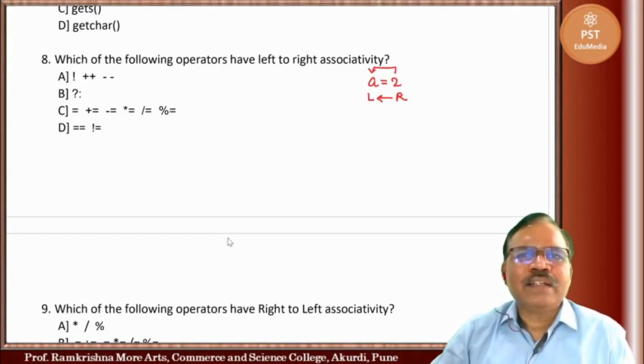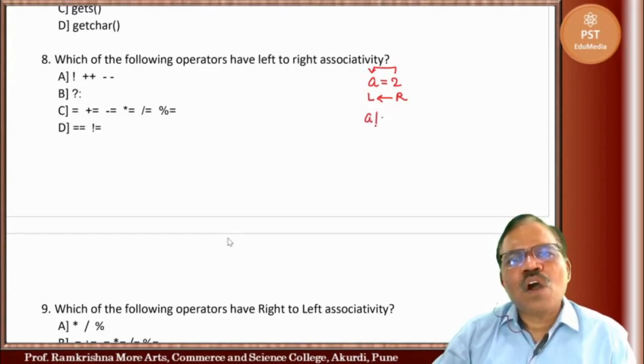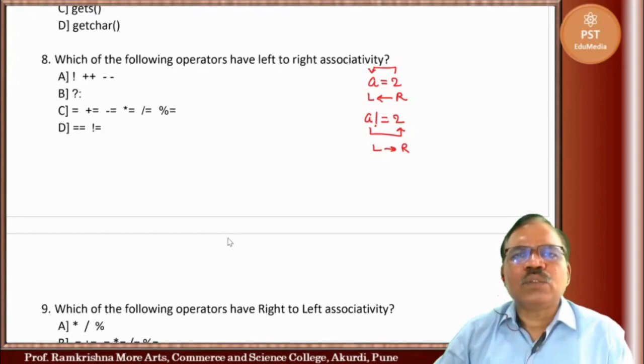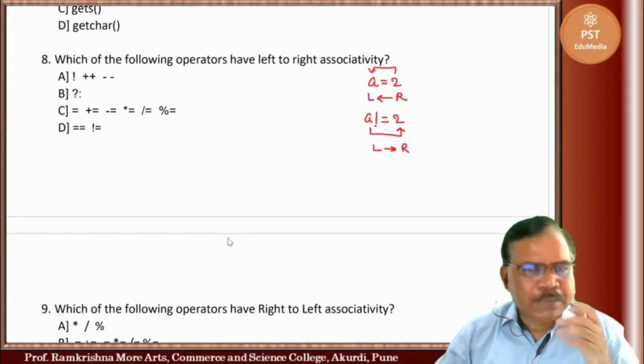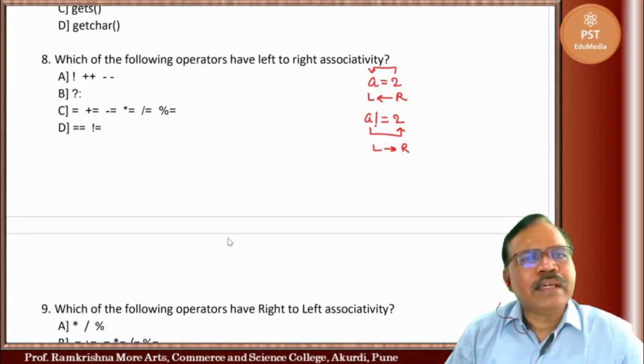But if we take A != 2, A is compared with 2, so it has left to right associativity. So what happens here? If we take the first one, this is the not operator, this is the increment operator, this is the decrement operator.